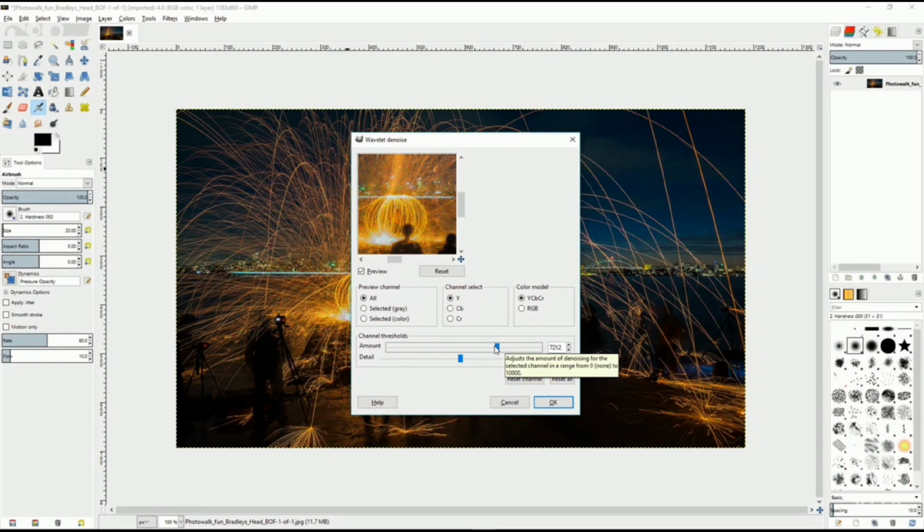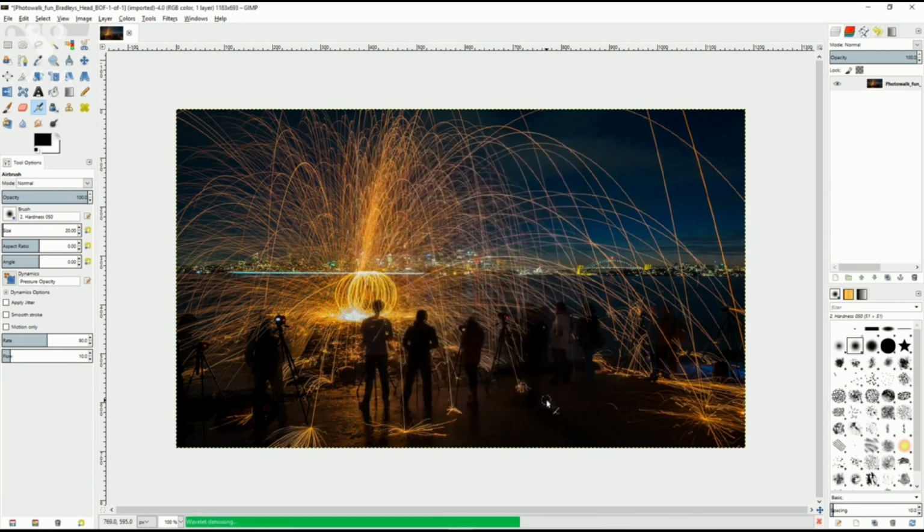And you can decide whether or not you want to have more or less detail left in the image. And you can also change how much detail can be conserved when you start applying the denoise filter to the image. And then you hit OK. And you can see that it has reduced a lot of the noise in the image,